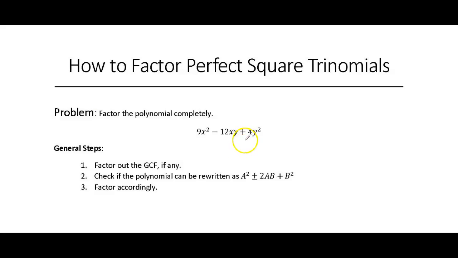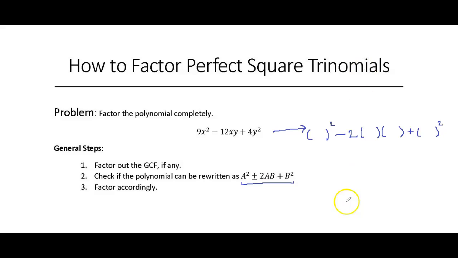Now we do have a trinomial here, and we could try any of our other trinomial strategies. But one technique to use in special situations is this one here. We want to see whether the polynomial can be rewritten in this form: a squared plus or minus 2ab plus b squared. In other words, could we rewrite this as some expression to the second power? We have a minus sign, so we'll keep that minus 2 times a product of two factors